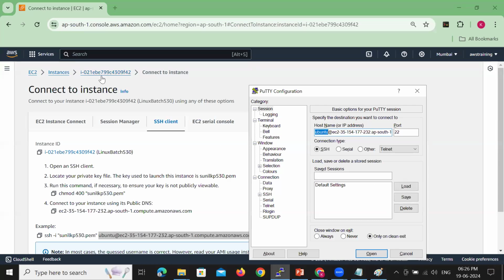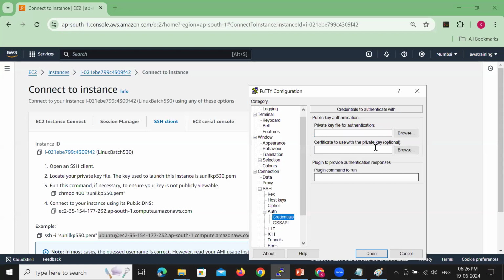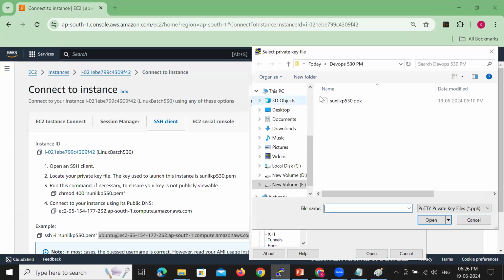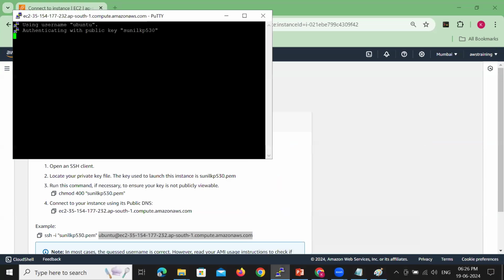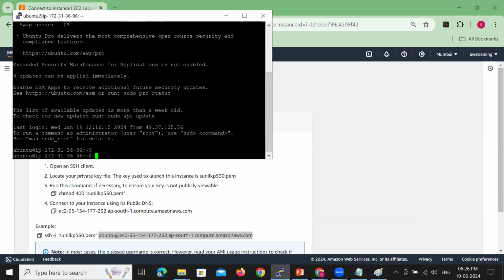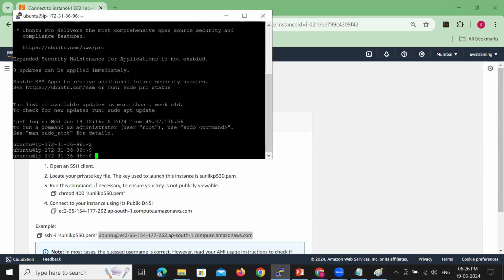The EC2 machine, the Linux machine I have created, is an Ubuntu operating system. So the Ubuntu operating system comes with an Ubuntu user and the SSH authentication and credentials. This particular key pair acts like a password. We can compare it to a password. So we have provided username and password. Perfect. You have successfully connected to a Linux machine.